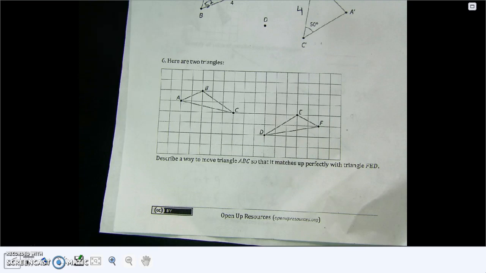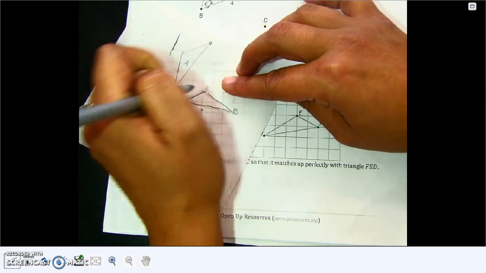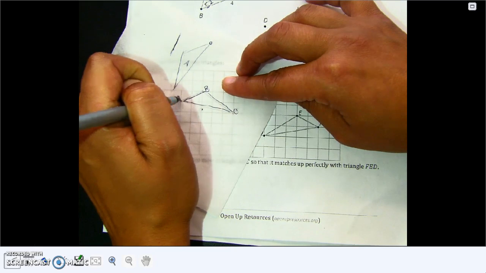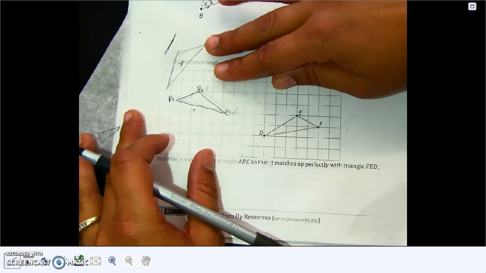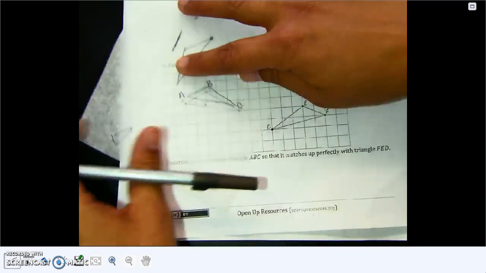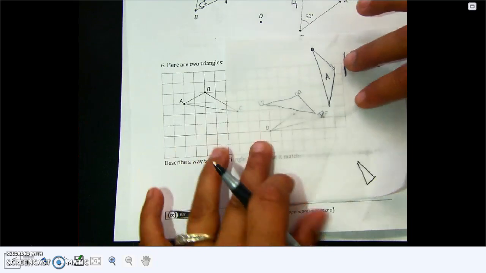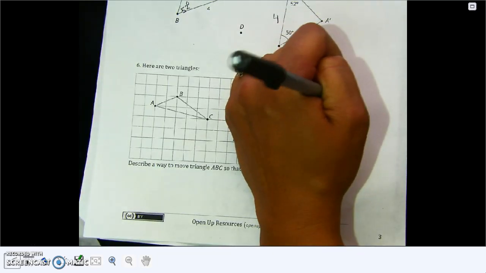You are trying to find what transformation occurred. So for here, you're going to have all the measurements. And you will look, well, did I slide? No. Well, do I rotate? No. Do I flip? Yes. And then do I slide? Yes. So, you know that you are going to translate